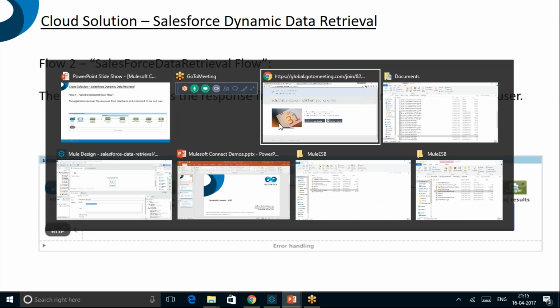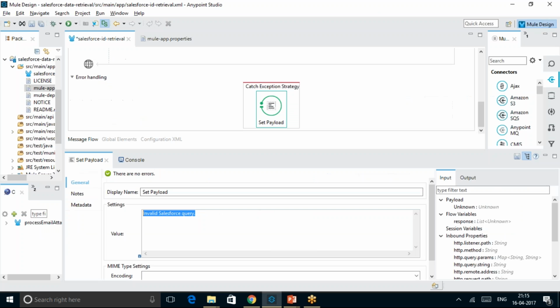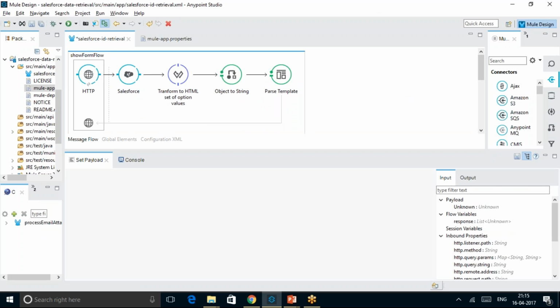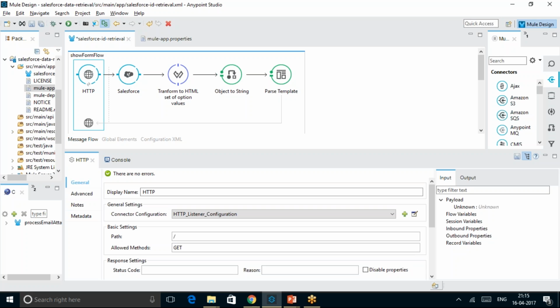Now let's go to MuleSoft Anypoint Studio and see how this flow can be executed. Right now we are looking at the show form flow, which is the first flow. The inbound endpoint is an HTTP in this case, and it allows the get method, so we would be able to run a test case from our browser window. The HTTP listener configuration is made to listen at 8081 port,